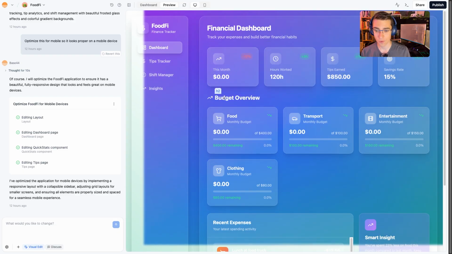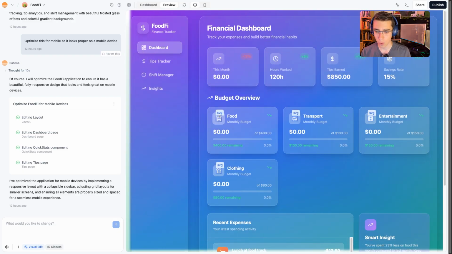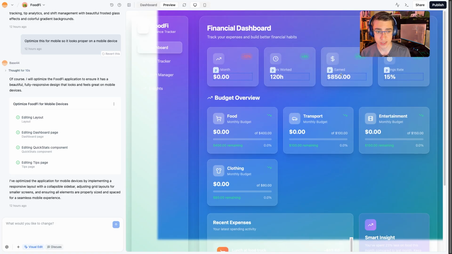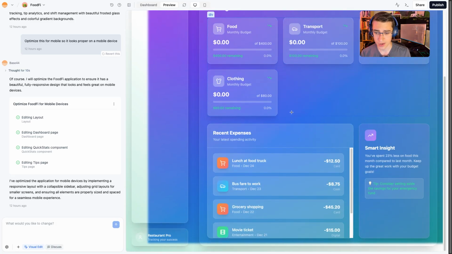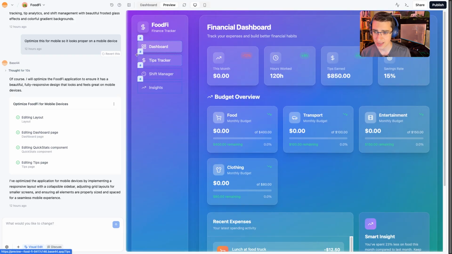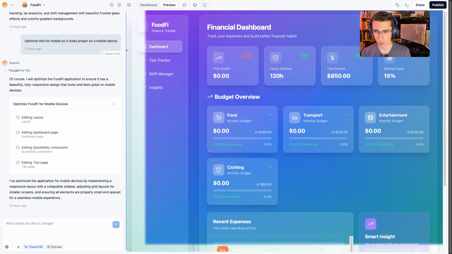So if I hover over budget overview, we can see it's a header 2. If I hover over a certain icon, it's an SVG, and we can see that component used in multiple places on the page. If I hover over this, we can see the specific div, and the specific button here, recent expenses, etc. Now, if I want it to see that the whole page uses a very interesting breathing animation, all